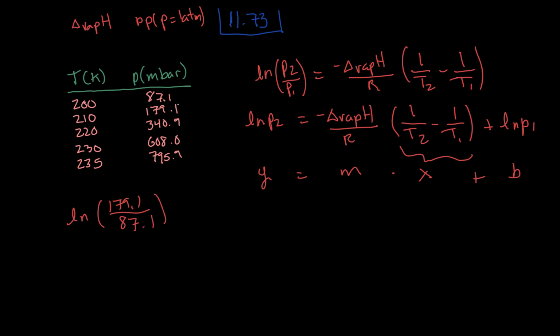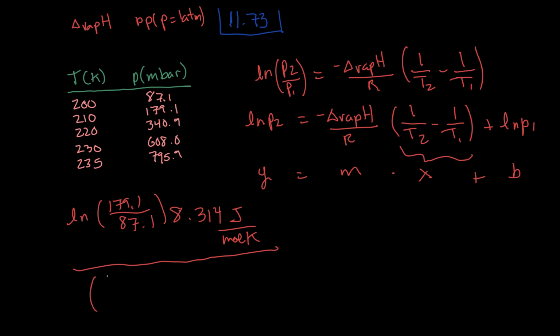Okay, so there's a couple pressure values. Notice that there's no units going in here. A reason for that is that it doesn't matter. These are going to be canceling each other out, and logarithmic functions of units are not defined anyways. So we're going to be multiplying this by the gas constant. This is going to have some units: joules per mole Kelvin. And then we're going to divide this entire thing by the x value here, right? Sorry, I've skipped a couple steps here, but I've put this back together in this form. I've multiplied this by R, and now I'm dividing it by 1 over T2 minus 1 over T1 to isolate the negative